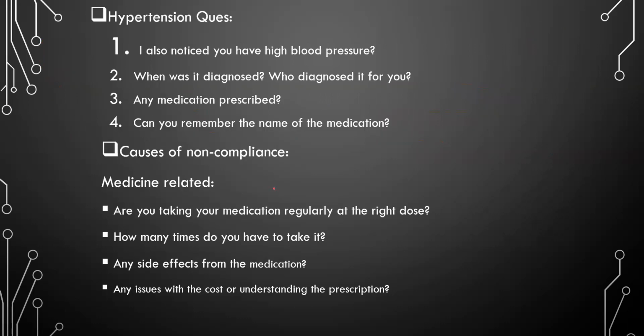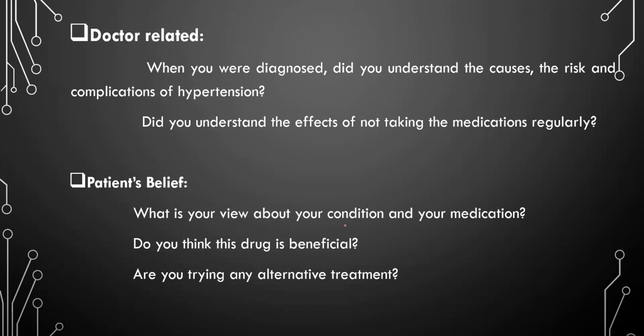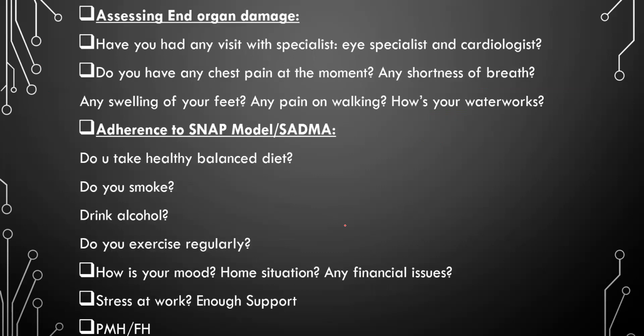Now, in any of these cases, when you get a patient with any medication non-compliance, the first thing that you need to find out is what's the cause of the non-compliance? Does the patient have any complication from not taking that medication? Initially, I would start with the complication question. So what could be the complication of prolonged hypertension which is not getting any treatment?